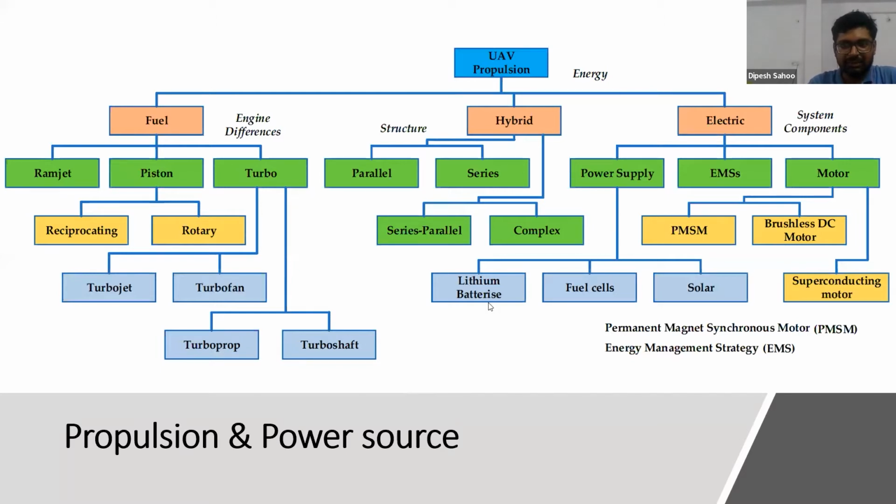Generally, the UAV, unmanned aerial vehicle, propulsion systems consist of fuel, hybrid, and electric. Fuel means the engine will be driving the system. It can have a ramjet, it can have a turbo. Fuel, piston,